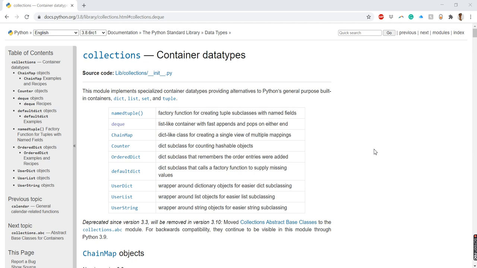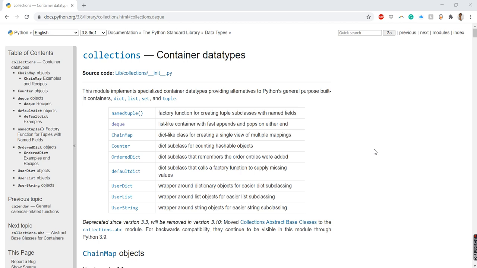So DQ stands for double-ended queue, which has faster threading, that is multi-threading. Internally it has a faster performance ratio as compared to your stacks and queues. So we'll basically see how we can implement that in Python and what the different operations are that we can do with this. First and foremost, when we saw the stack design, we implemented it using a list.